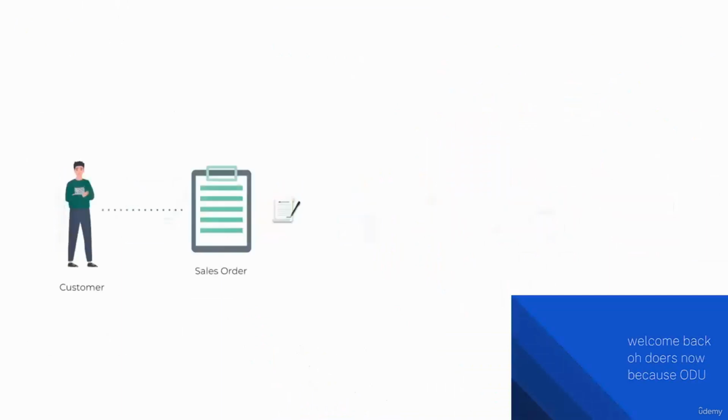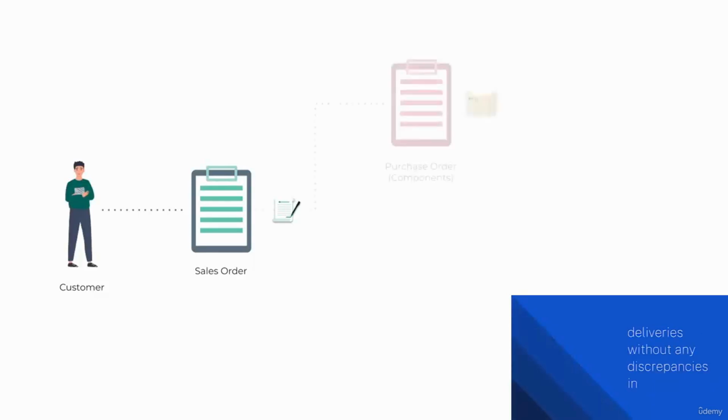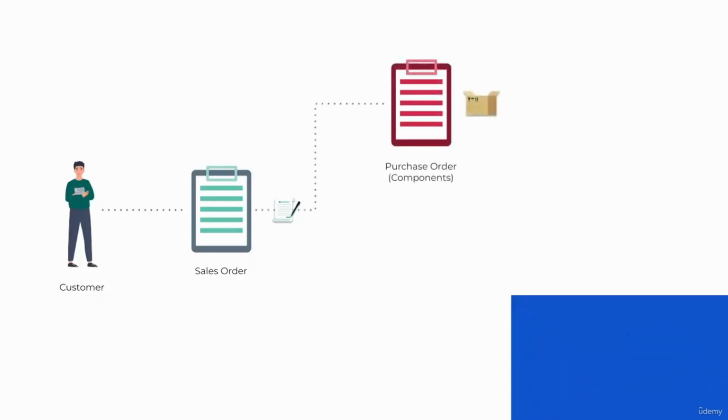Odooers, because Odoo integrates operations between apps, we can manage sales, production and product deliveries without any discrepancies in the business flow. Now, to make our lives even easier, we can set up automatic actions in Odoo triggered right when a customer buys a product. Now these